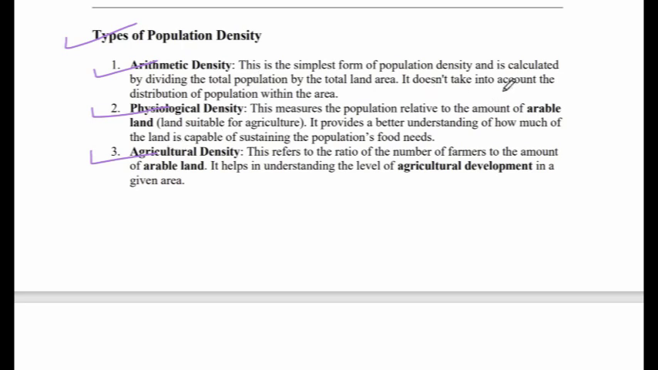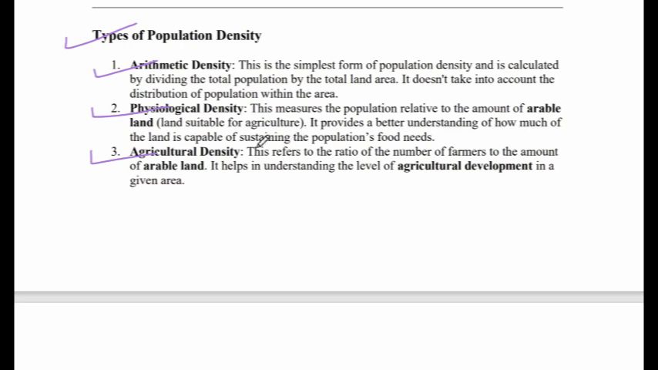ठीक है, इसमें ये अकाउंट नहीं करता है कि कितने लोग कौन से एरिया में हैं, ये एवरेज देता है। नेक्स्ट है फिजियोलॉजिकल डेंसिटी। This measures the population relative to the amount of arable land. एरेबल लैंड क्या होता है? वो लैंड जो एग्रीकल्चर के लिए सुटेबल होता है। It provides a better understanding of how much of the land is capable of sustaining the population's food needs. ये जो फिजियोलॉजिकल डेंसिटी है वो एरेबल एरिया को मेजर करता है,